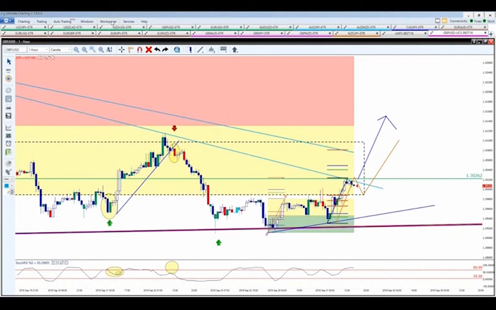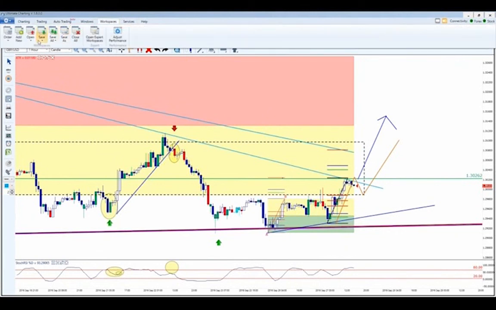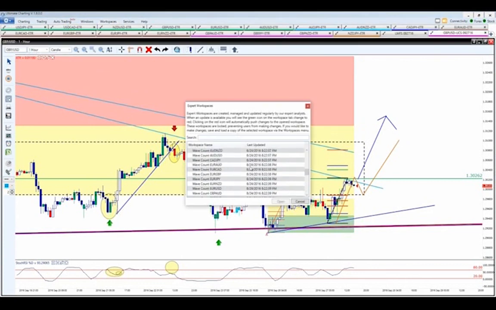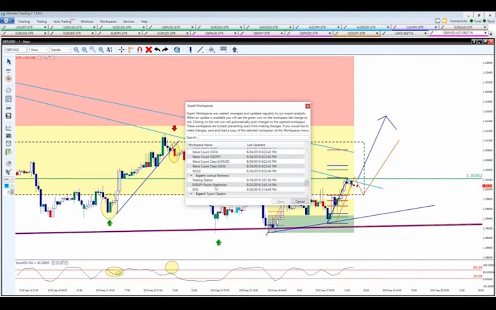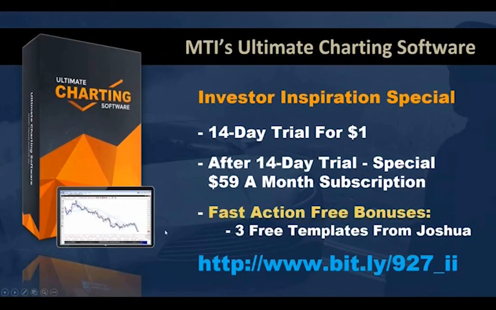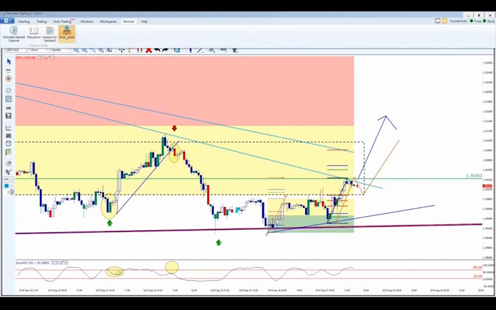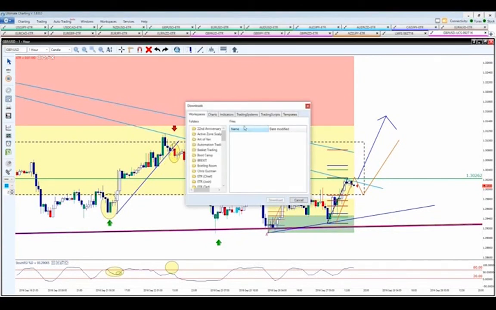And the workspaces, for those of you who wonder how you import the workspaces, you simply come in here, open from your computer, or I believe actually here we have the open export workspaces. I think you might be able to simply come in here. Hold on one second. There we go. Let me see if they're right here. Okay, so it wouldn't be there. Sorry about that. I think you'll come to Services, Downloads, and Trading Systems. Let's see here.